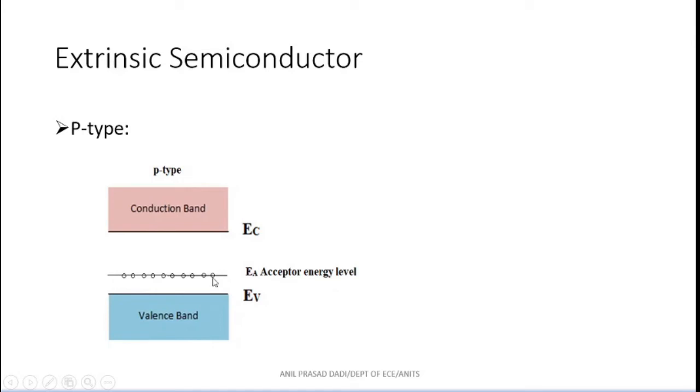No. See, don't get confused. I am saying that if, suppose, only 4 boron atoms are there, they are very far away from each other, so no splitting of energy levels takes place. Unlike that, if 100 boron atoms are added, all are very close to each other, so the energy levels are going to split into 100 energy levels. Yes or no? Yes. That is my point.